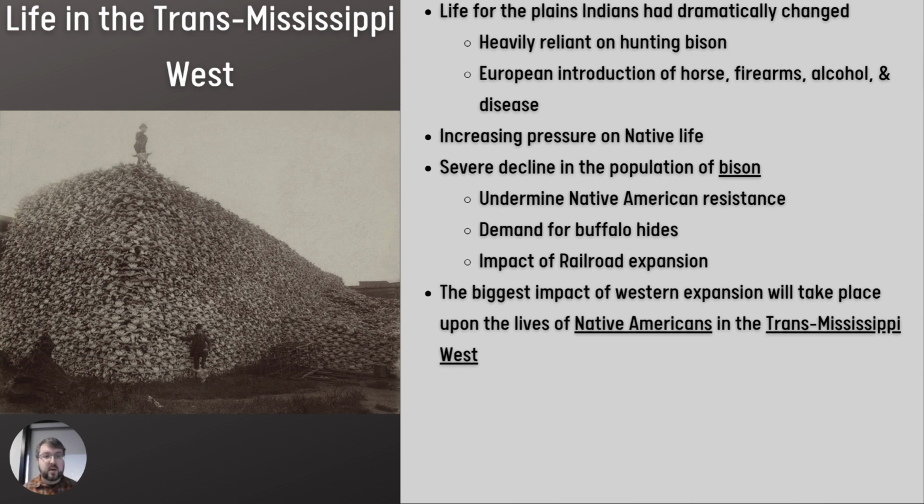And so here we have a giant mound of bison heads. There are literal stories of people on railroads, as they're passing by these bison herds, hanging out of the train and shooting the bison as quote unquote sport. So this killing off of the bison herd almost makes it extinct. It really puts tremendous pressure on the Native Americans because this is their primary food source, and it forces them off of where they normally live, and that makes life even more difficult.